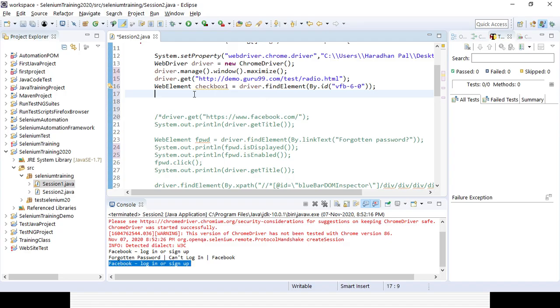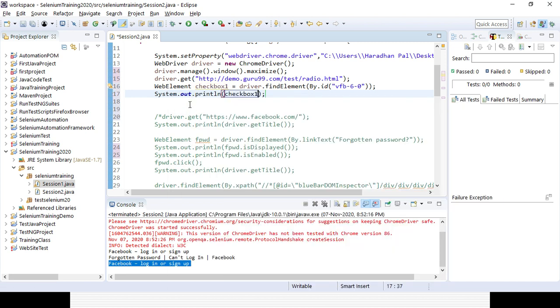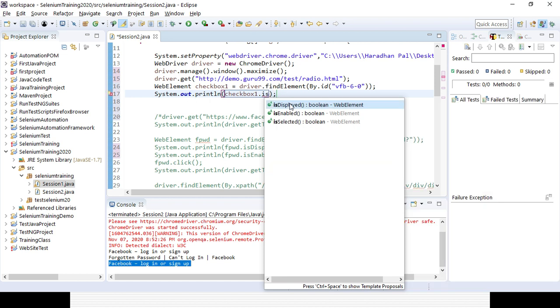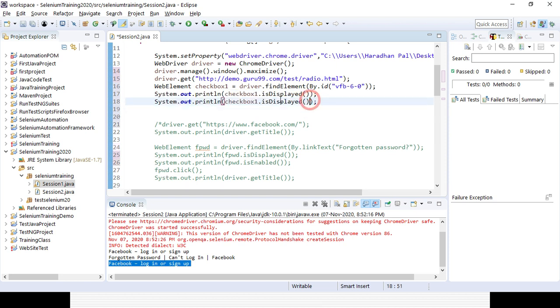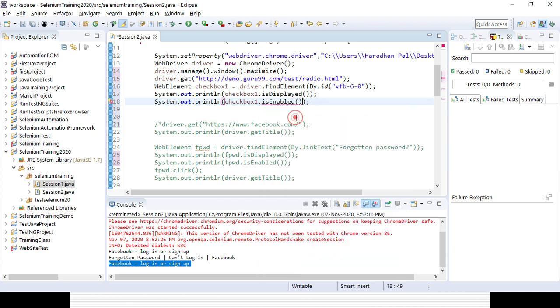Once the checkbox 1 is identified, I want to check whether it's displayed or not. System.out.println, variable dot isDisplayed. Then I will also check isEnabled, dot isEnabled, and isSelected.